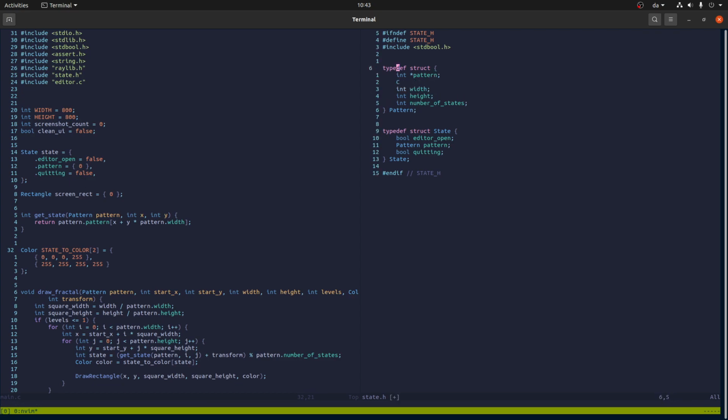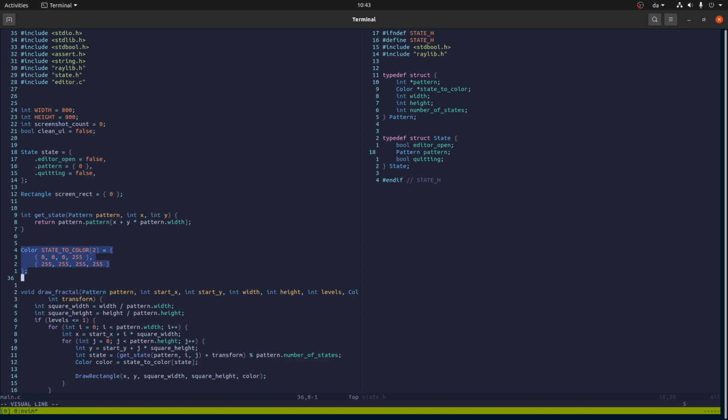So let's say we need to include raylib, and then we have a color thingy here. Right. Then we should remove this,